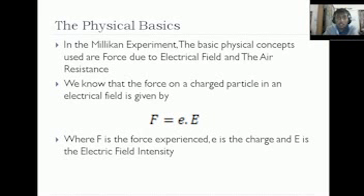The first physical phenomenon, which we learned in the last science education video, was the force of Newton's electric field. And the second, which is new to us and a very interesting concept, is air resistance. Talking about the force of the electric field, it is well known that the force on any charged object is directly proportional to the charge on it and the electric field intensity on it. Therefore, we get F = qE.